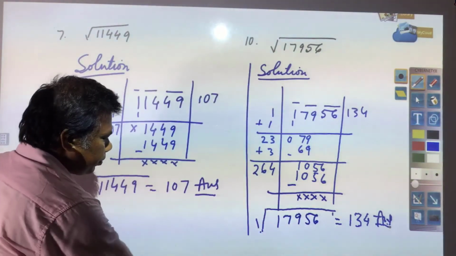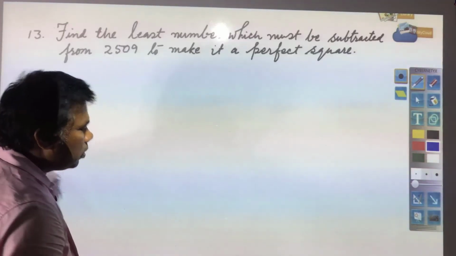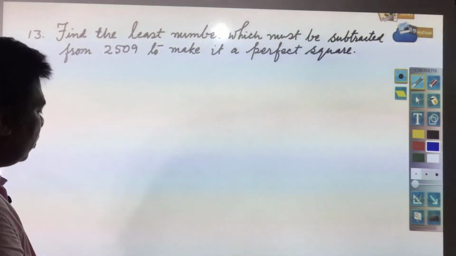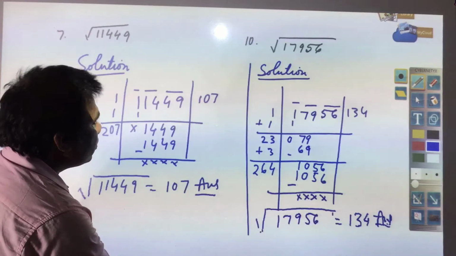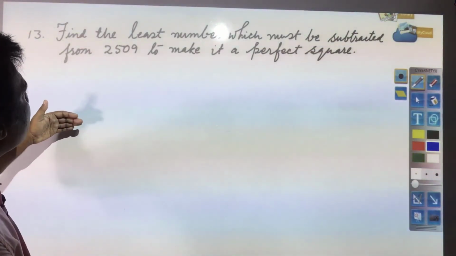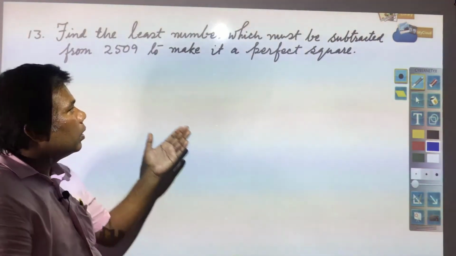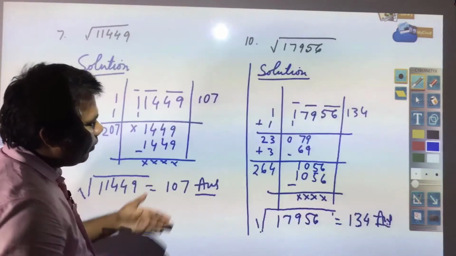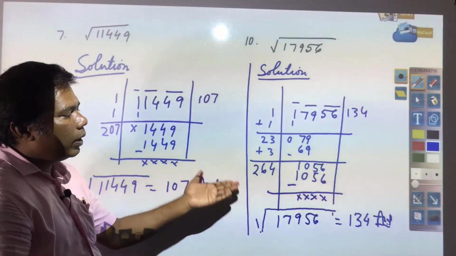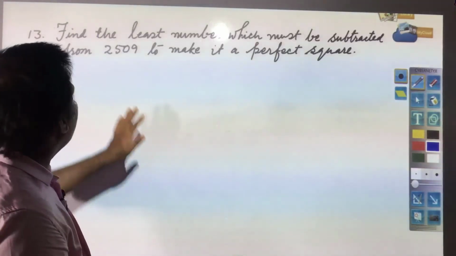Next, you see, here you have word problem. Rest of the question I think you will be able to solve, because similar questions are there, and if up to here you have understood, I do not think in any question you will be having any problem. So, next you see word problem.